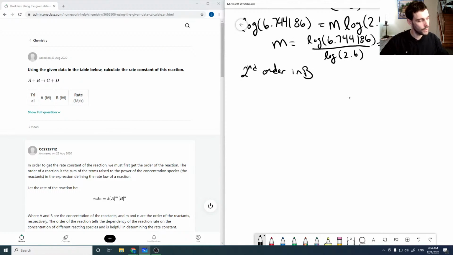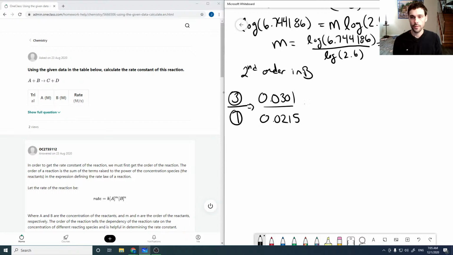So 3 divided by 1 is 0.0301 over 0.0215, which is equal to,